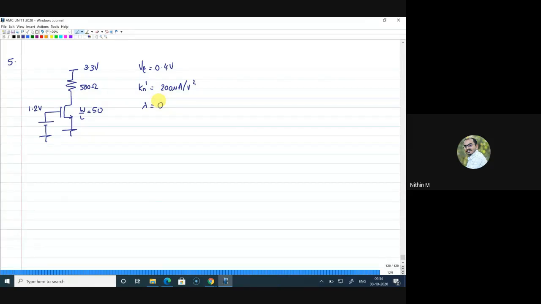Okay, so I'll just explain. The question is, you are asked the minimum allowable VDD. So given that VDD is 3.3, but the question is, what is the minimum VDD so that transistor must not enter into triode region? So the transistor should be in saturation. So for that, what can be the minimum VDD? That means the given VDD 3.3 may be more. So there is some minimum VDD. What is that VDD? That is the question, right? So how to calculate that? Any idea?